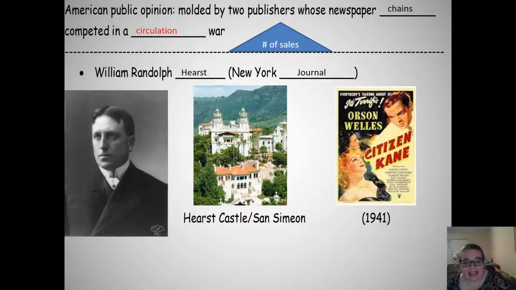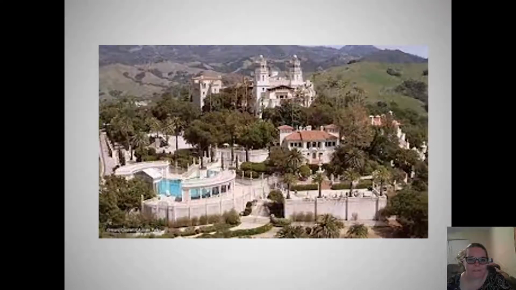It was called Citizen Kane. I recommend you watch it if you ever have time. It's wonderful. It's about a newspaper editor who does horrible, horrible things in order to get his paper to sell, and it basically chronicles Hearst's career. And Hearst didn't like people knowing that he had done things that were so shady.